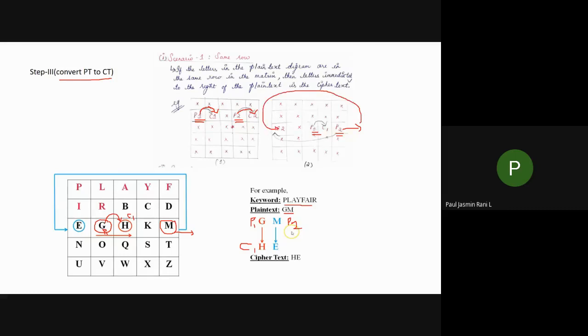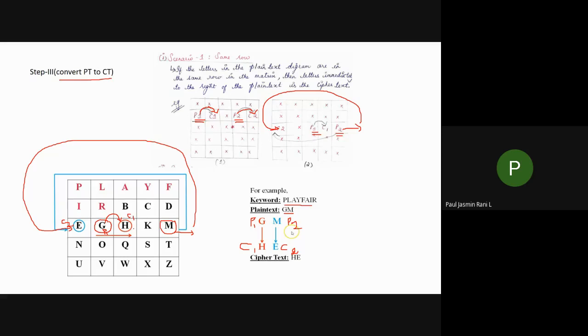Similarly, after this you don't have any ciphertext. So what I'm going to do is take this C2. That is, these alphabets you are going to take. So E will be your C2. So here you have to take your ciphertext. So C2 is your ciphertext. This is how you are getting your ciphertext for your plain text GM. Can you follow this one?